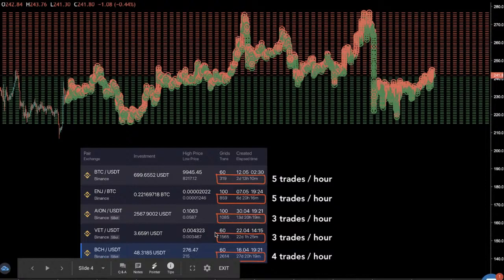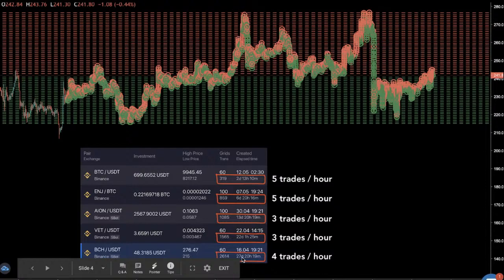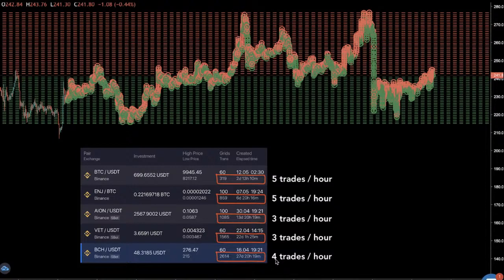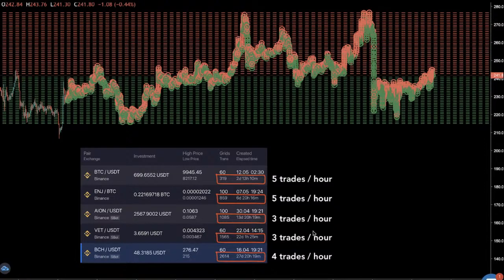And as you can see, I have in total 2,600 trades that occurred during this period of time. So starting from the 16th of April, there were like 27 days, and that means approximately 4 trades per hour, like without any stop. So manually you wouldn't be able to do this,